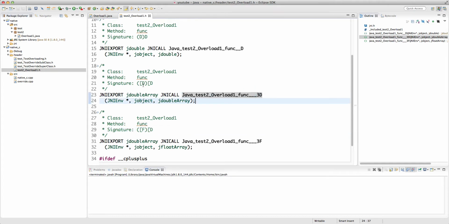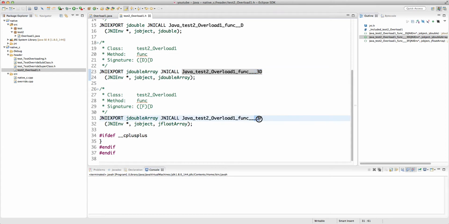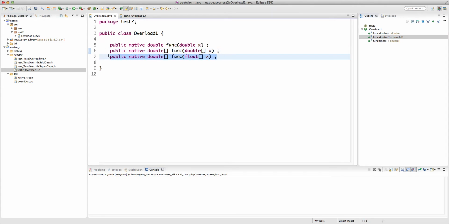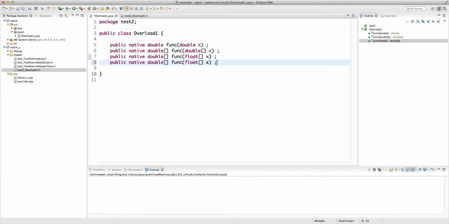So as you can see here, we have _3D, which means _3 is just a square bracket, and a square bracket D means it's a primitive type array of doubles, so it's a double array. _3F is a square bracket F, which means it's a float array, all right? And if I, for example, have another one that returns the float,